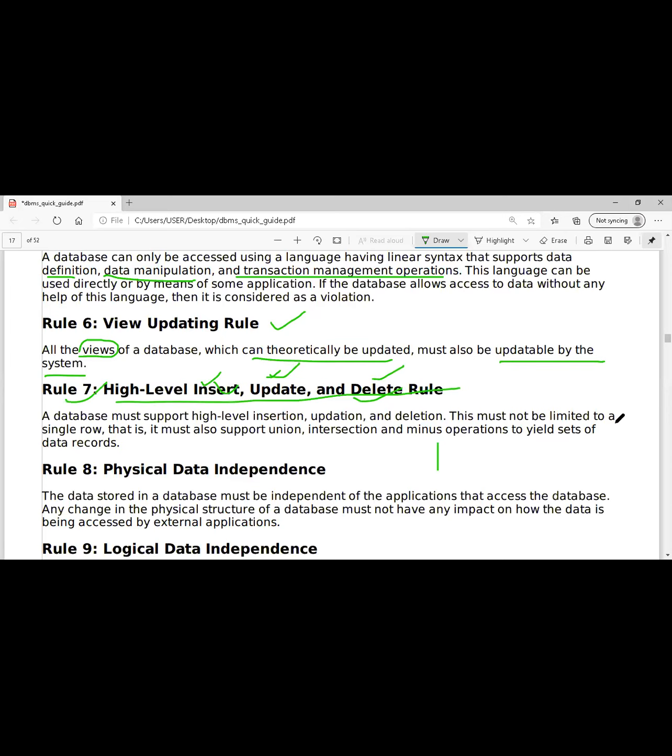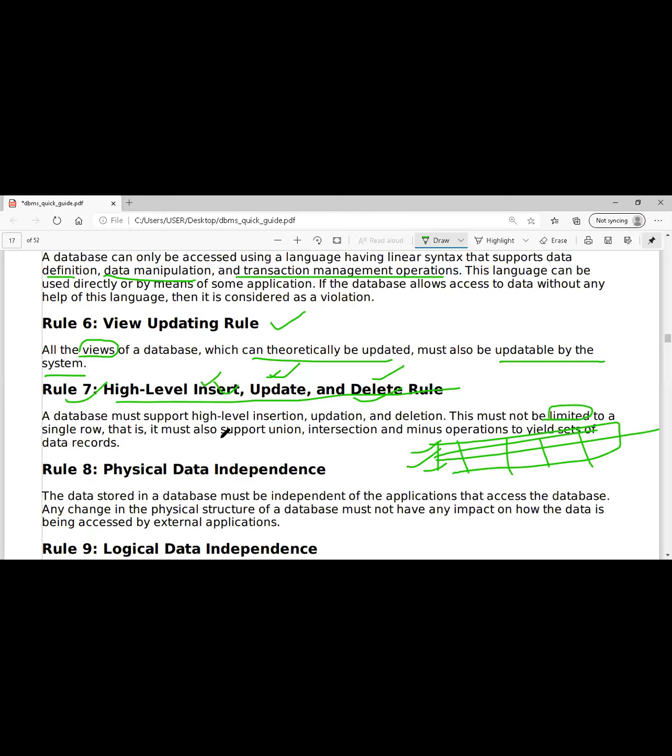As I told you, this is a table, and I have n number of columns and n number of rows. It should not say that only 50 students are there, so I will add only 50 students, because this table's capacity is 50. I should not have a restriction that you cannot add a 51st row or 51st record. You should not be limited. Whatever you are adding, it should not be limited to a single row.